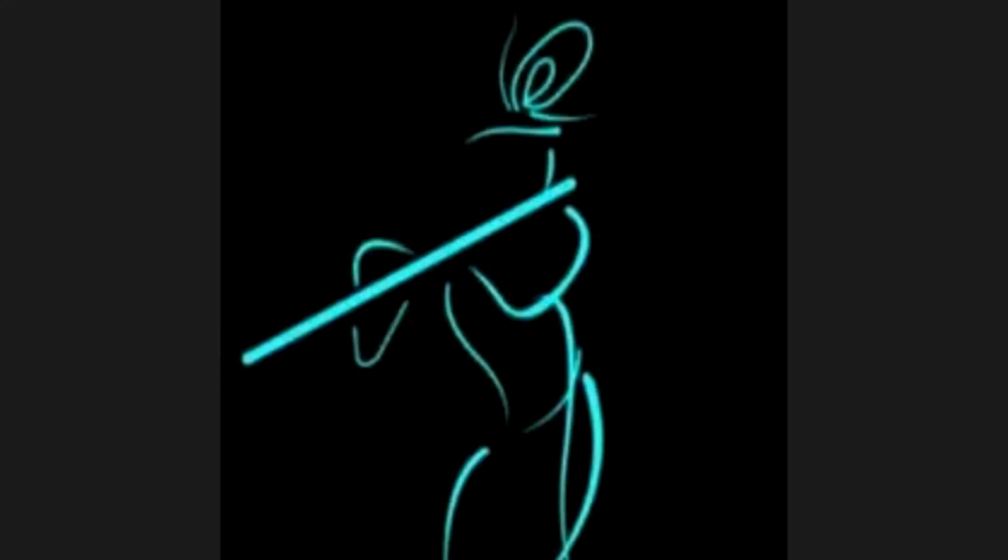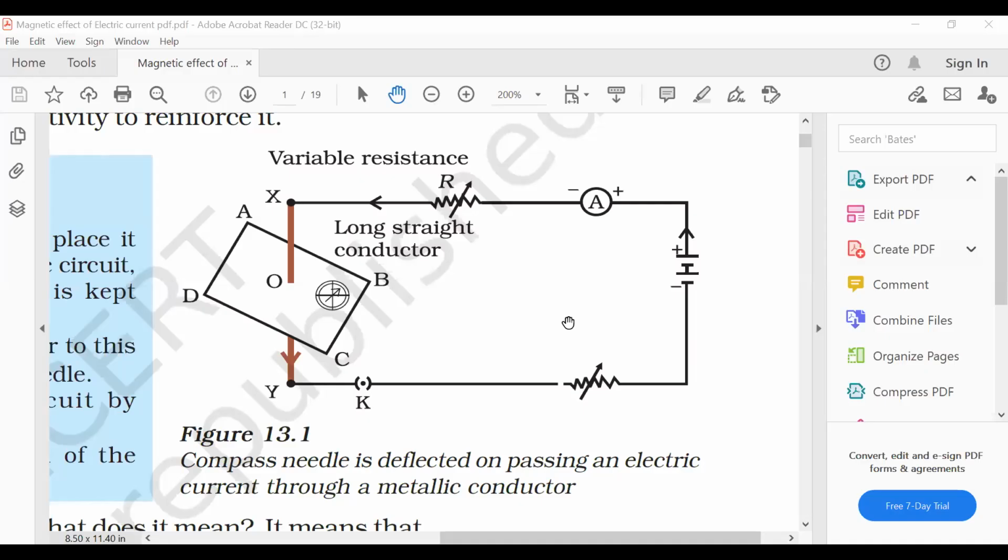Okay, this is the compass needle, and I said that it is a magnet, isn't it? So when one magnet is brought near another magnet, what would happen? Of course, a kind of force will be generated. That is nothing but magnetic force arising. Either the magnet repels or the magnet attracts, isn't it? This happens only when this bar magnet is brought near another magnet, because these two are magnets. Similarly, I am just placing a compass needle over the paper, right?